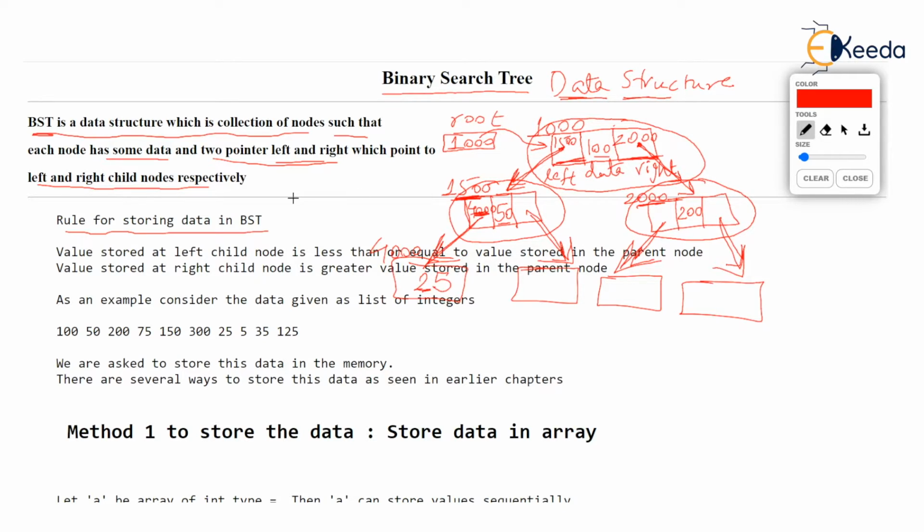The rule is that the value stored in the left child should be less than or equal to the value of the parent, so any value less than or equal to 100 will go to the left, and the value stored in the right child should be greater than the value of the parent.